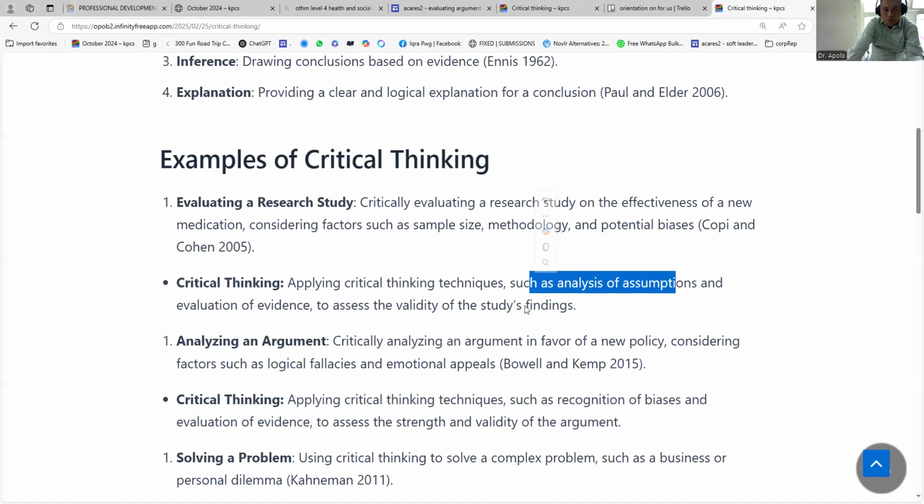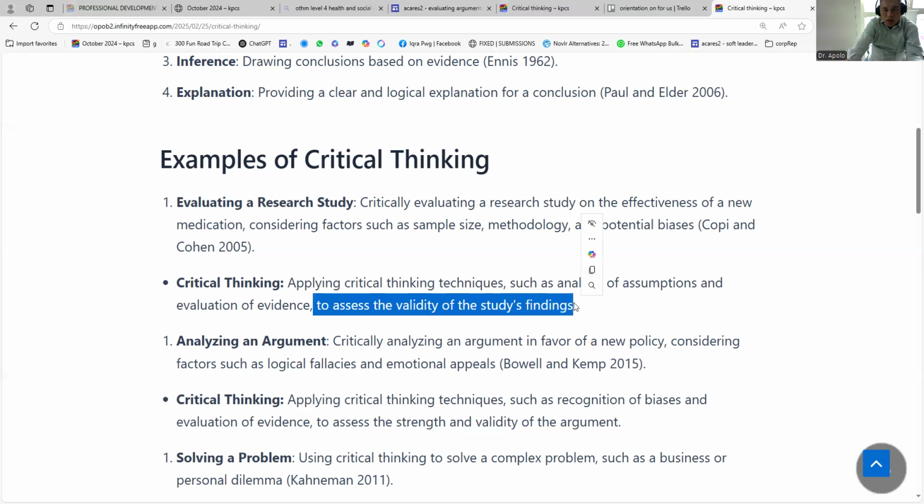And evaluation of evidence, that means verifying, comparing, to assess the validity of the study findings. Because there are stated facts, and then if the facts are different from what is currently shown,